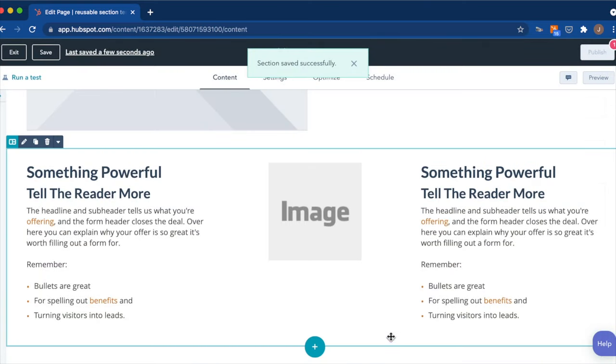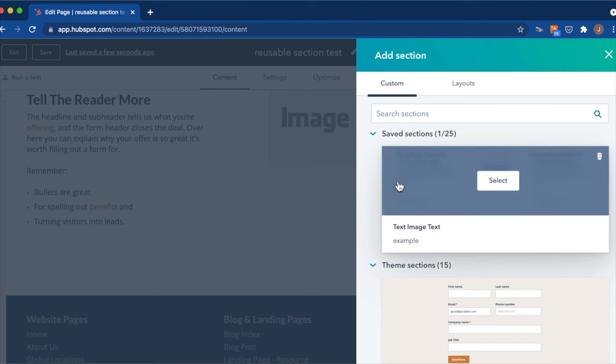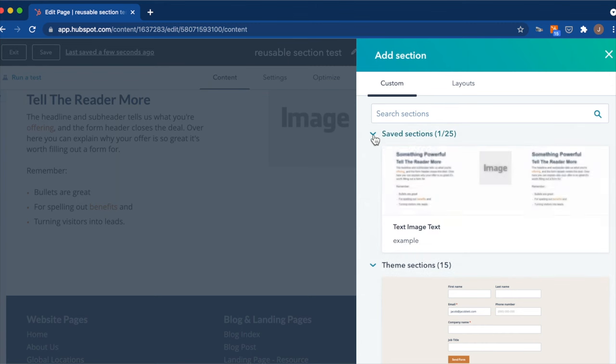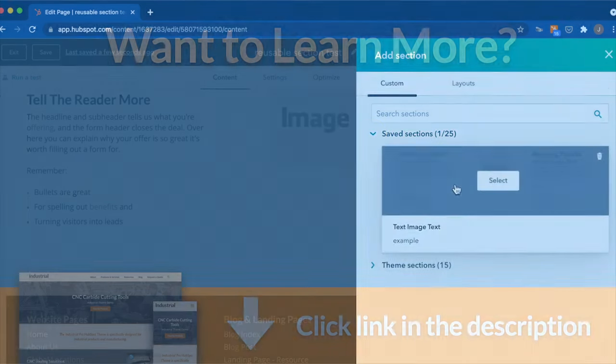And hit save. And now, if I try to add a new section, I should see it saved. And there it is. It's nice to have them separated. So you have theme sections that are ones that I put into the theme, and any new ones you create, you can put into these saved sections.